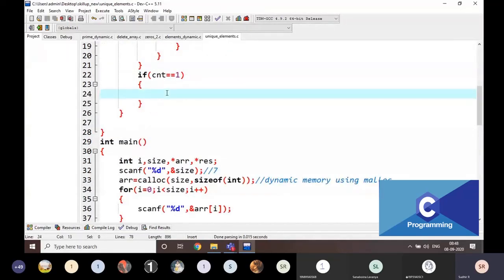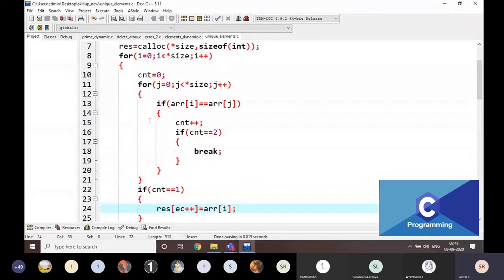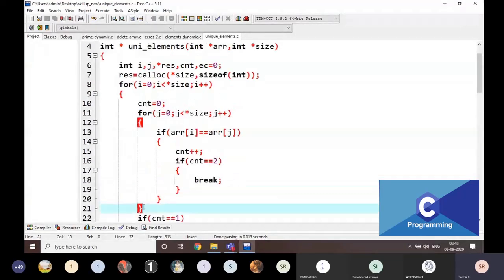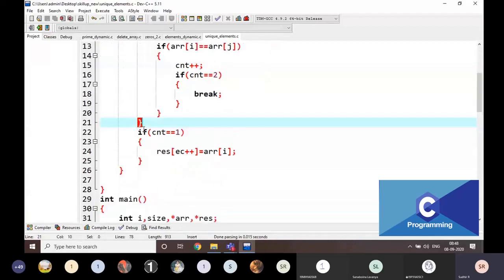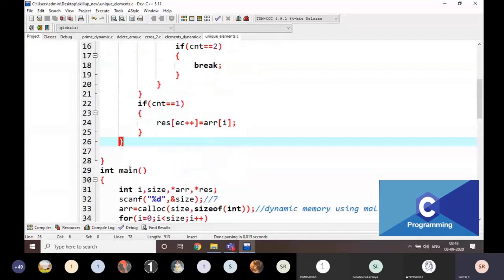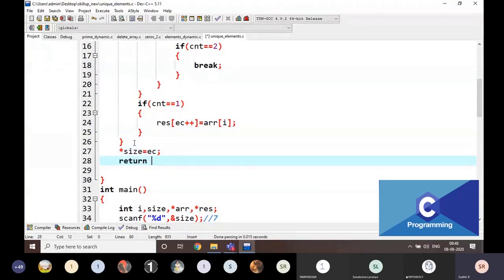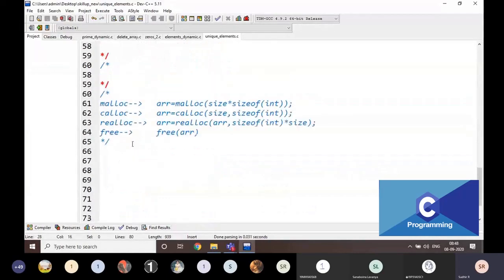Then result of EC plus plus is equal to ARR of I. Then arr size is equal to EC, and return RES.